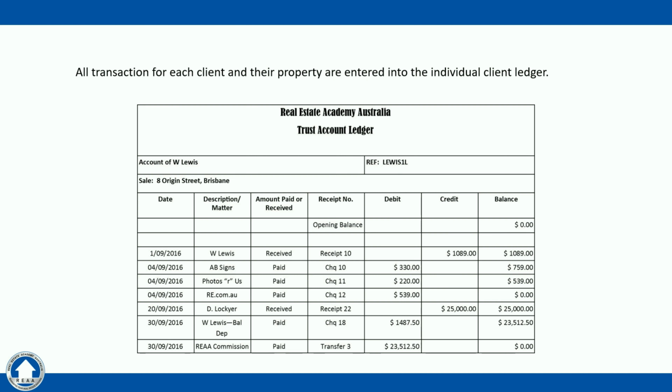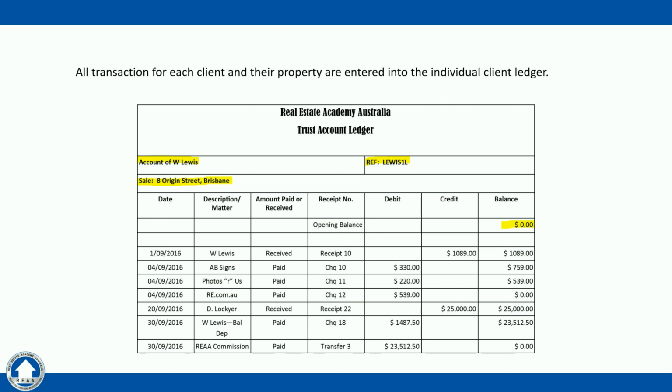So if we imagine that we're looking at the account of W. Lewis, ledger reference of Lewis 1L, which again is something that's set up by the agency. We look at the sale of 8 Origin Street, Brisbane. So that is the account of this particular client. And we can see that the opening balance was 0. We started at nil. And then all of these transactions have transpired over the course of this month for this